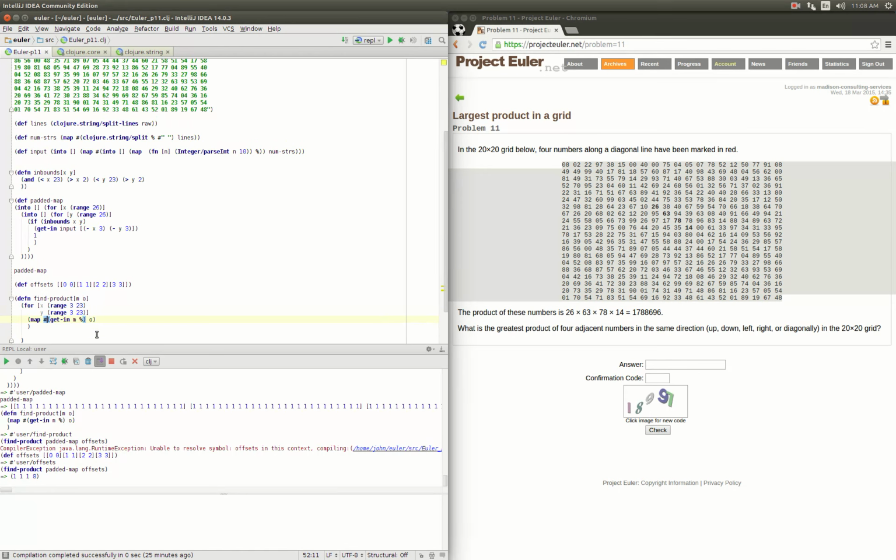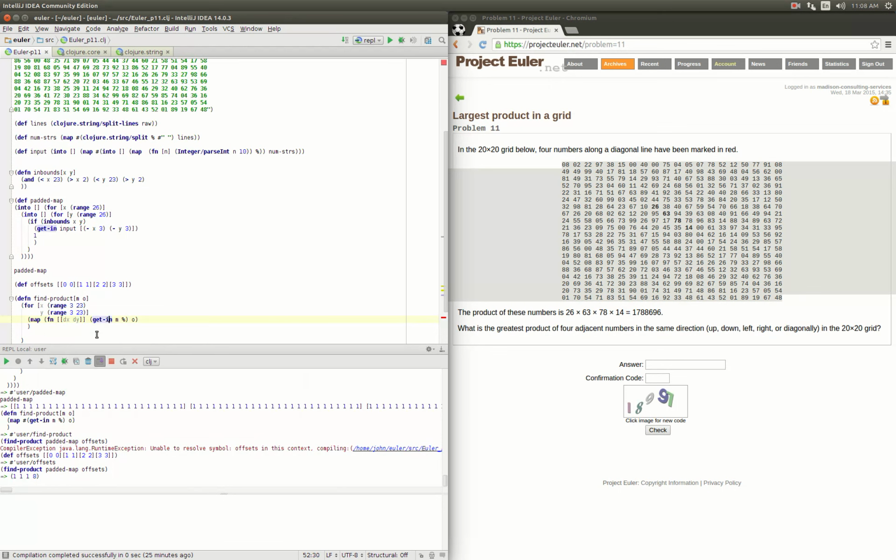Let's change this up a little bit. We're going to say our function that we're going to map is going to take in a vector with a dx and a dy,